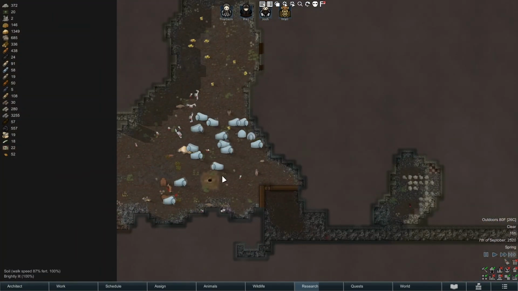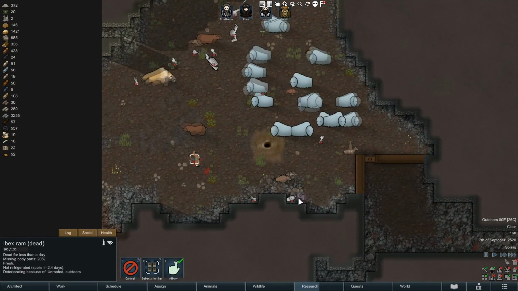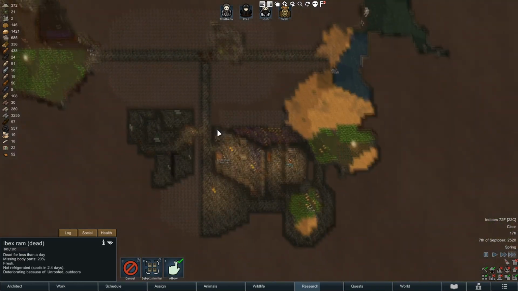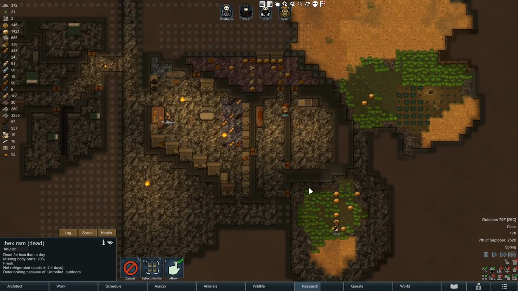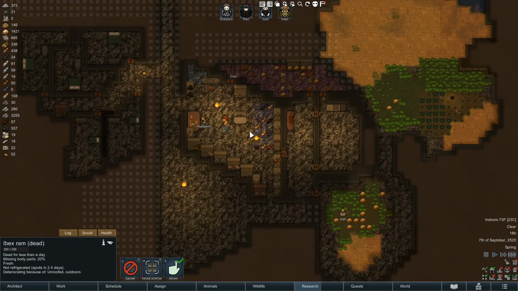Is there any trees we can harvest? Holy shit, there's a lot of animals. Hey, there's a dead goat. Prez is on it. And good, we're getting the research done. That's going to open up. I want to build a bigger table. I could build a second bench, but since we don't have...